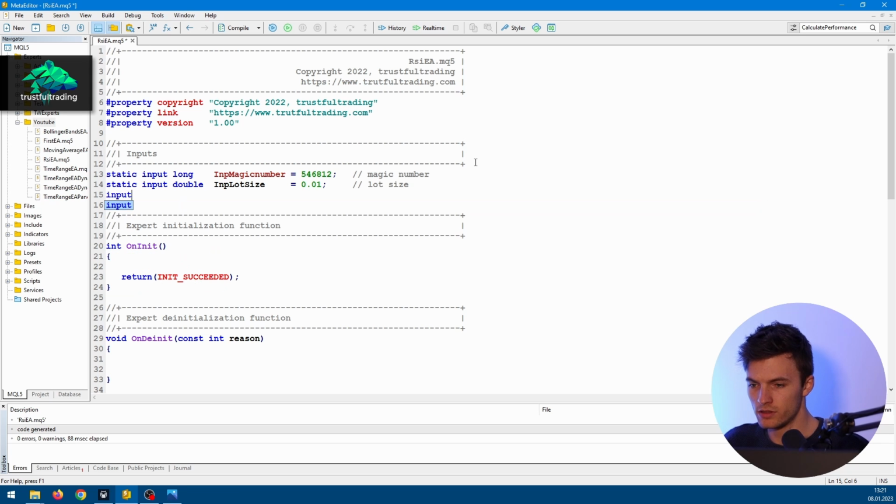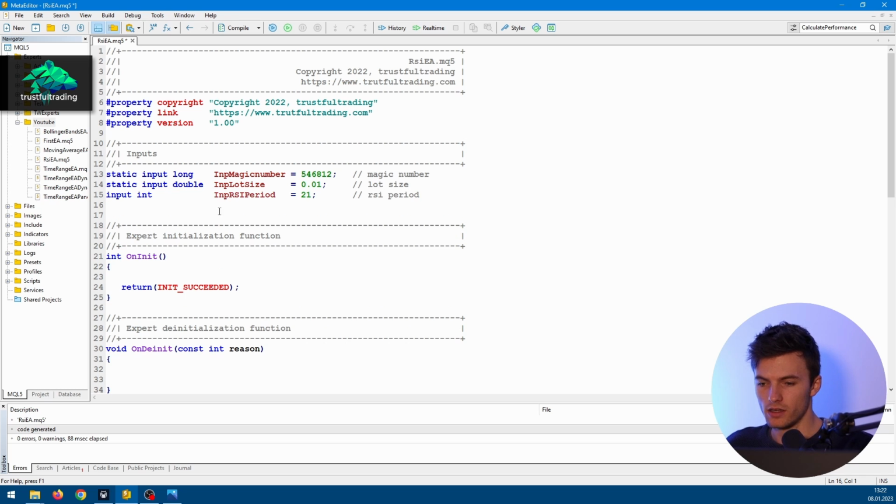So input, and this time we don't write static because we want to be able to change this in an optimization, for example. So input of type integer. The name will be input RSI period, and we predefine this with a default value of maybe 21, and also write a comment, RSI